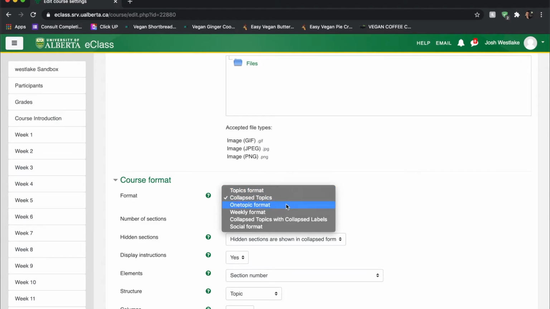If I click on the format again, we have one topic format, which instead of creating collapsed topics, creates tabs from left to right across the top of the page. The issue with that one is you can only see one topic at a time, so it's a little bit difficult to move things around. So what I often recommend is that instructors set everything up in their course first and then decide if they want to move to the tab, the one topic format,